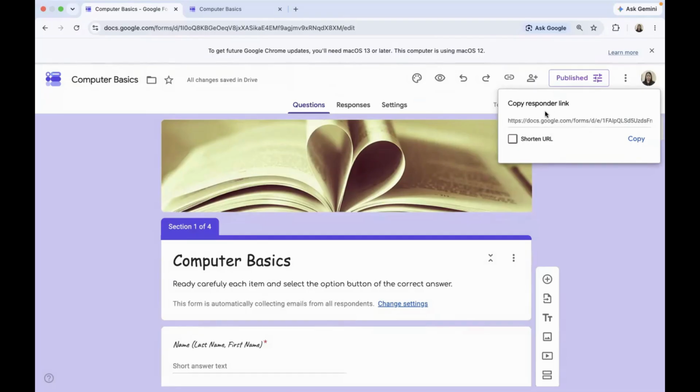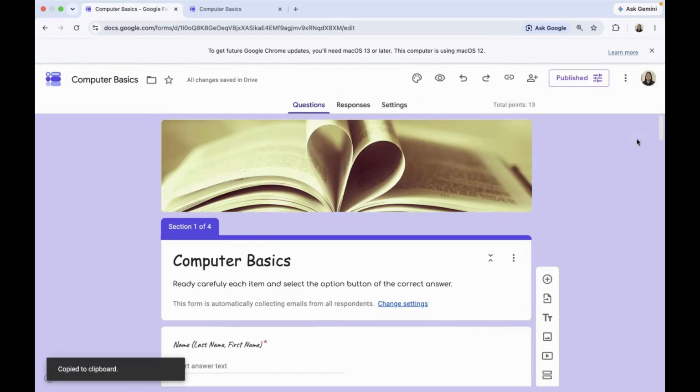After publishing the form, you can see here the full link of the form. It's very long and you have the option to shorten it. Therefore, you can check this checkbox to shorten the link of this form. If you want to copy the link to share it to your students, like you want to email this link to your students so that they can respond to this form, you can copy the link. Since it is already highlighted, you can just click the copy button here or copy text here.